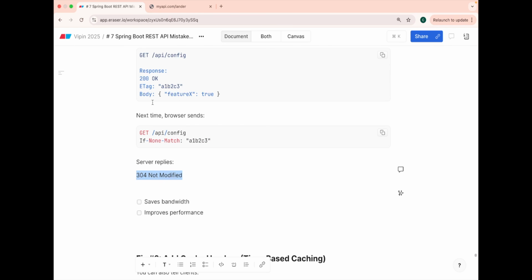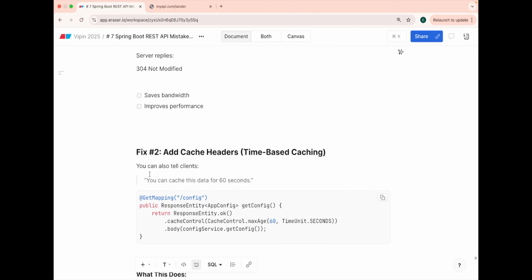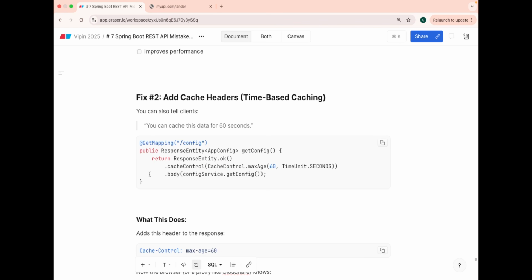It saves this body transfer of 100 states because this is already with you. The previous time you hit it, you got the response. You already have the response. Don't ask me again, there is no change. The only thing you need to do is, while giving a request to the server, you send the e-tag you have previously received from the server. So now it understands, okay, you are uniquely identified as the consumer and there is no change. So you save your bandwidth, improve your performance, and just show the latest data you have in your cache. There is no change to it. So this is a beautiful way of e-tagging each request by the server.